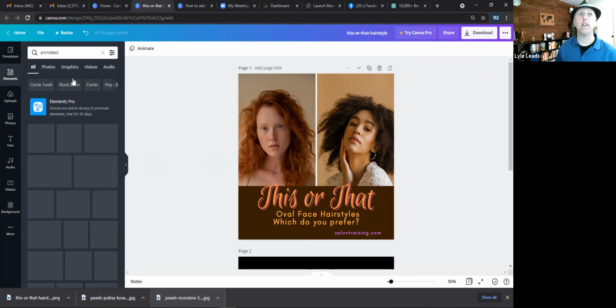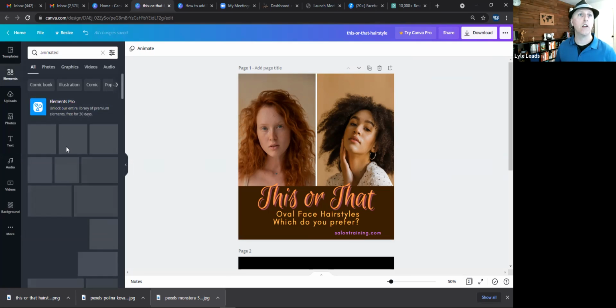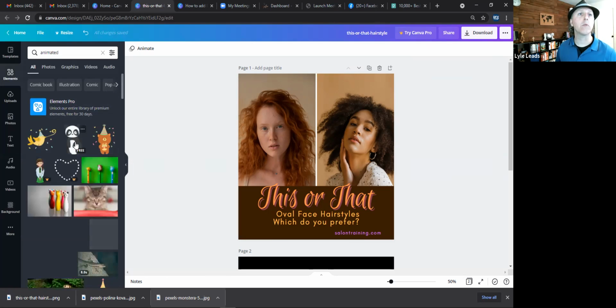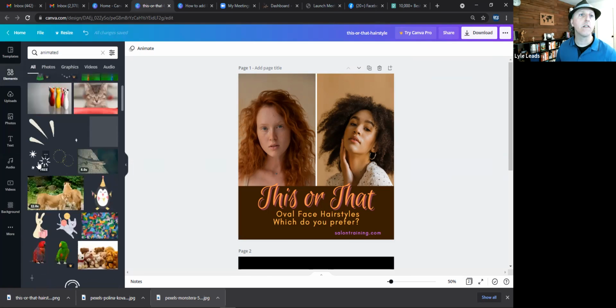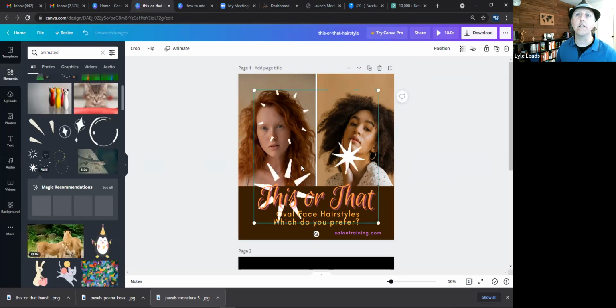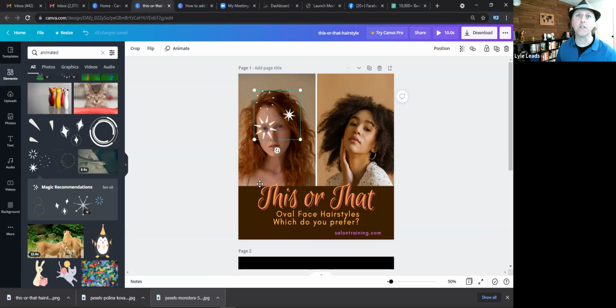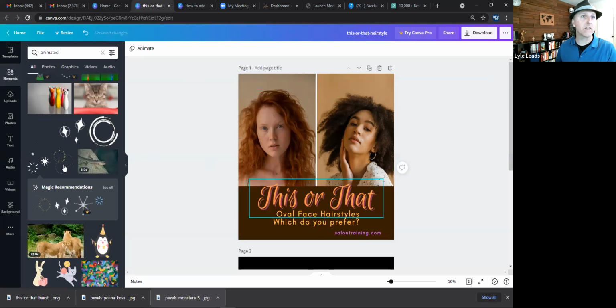Put the word animated, you're automatically going to get some things that are moving, and that's what we want. Some of these, again, have the crowns, but look here. There's one. We can take this and put this on this corner. That's a really fast, sparkly one, isn't it? Maybe we want something that looks like